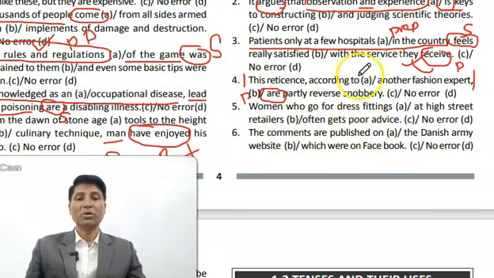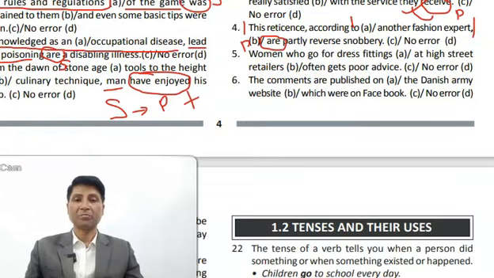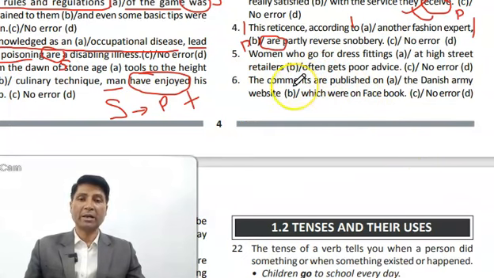I am giving you a hint. There is a preposition here. So your subject will lie somewhere here. Find out why this verb is wrong. Question number 5. Women who go for dress fittings at high street retailers often gets poor